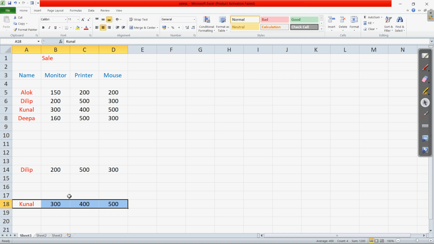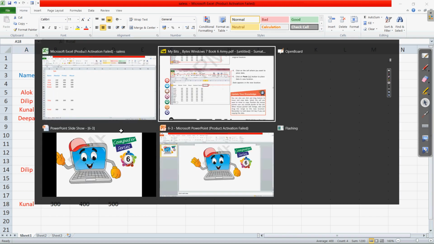So we have two methods. One is clicking on the cut and copy options in the Home tab, or else we can use the drag feature. For dragging, we use the Control button for creating a copy, or if we directly drag it, it will move the data from one position to another. Now come again to the book.